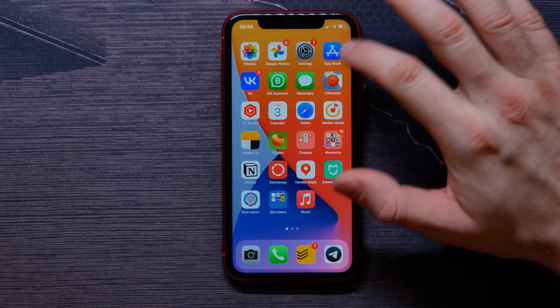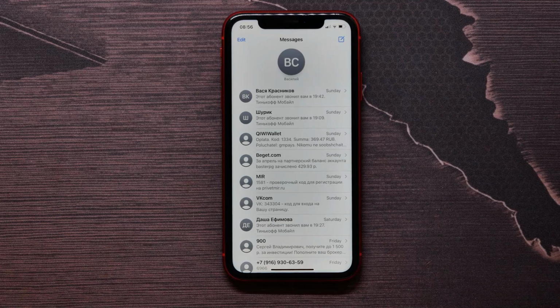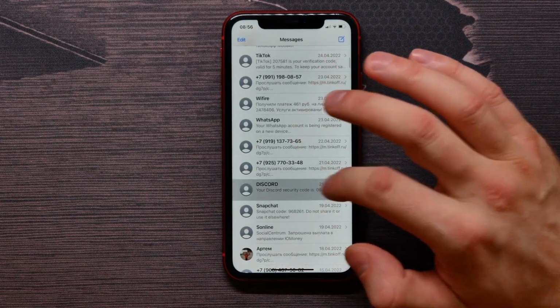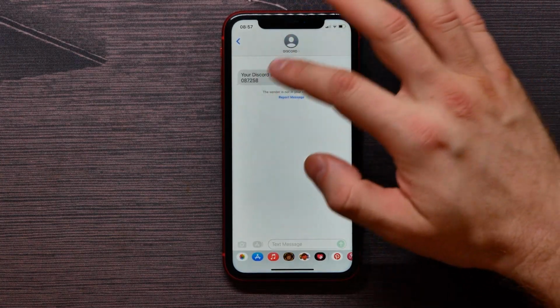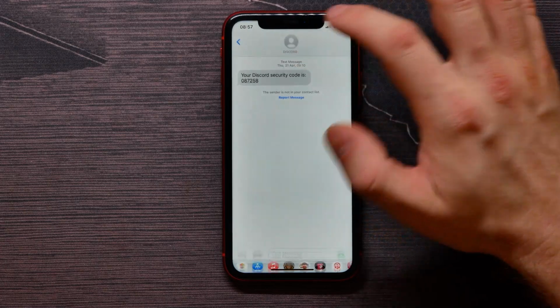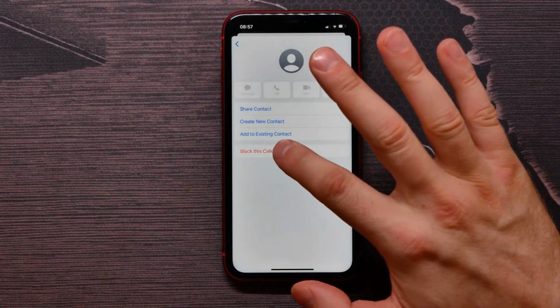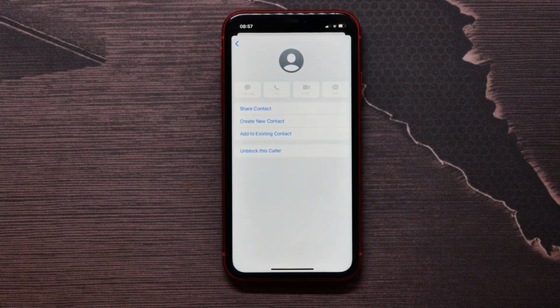First, open up your Messages, and here let me show you how to stop spam texts from one exact person. For example, it will be that person. To block him, if it's bothering me, if he texts me too much, I can tap on the person's name, then select Info, and here I can block this caller. Now this person is in my block list and I wouldn't get any messages, any phone calls, any notifications from